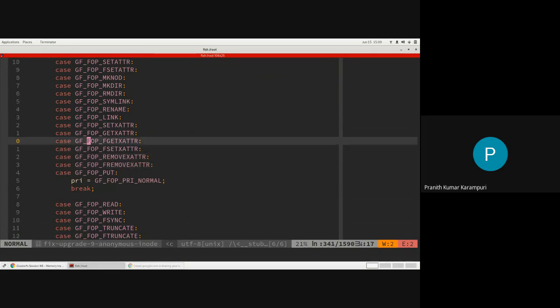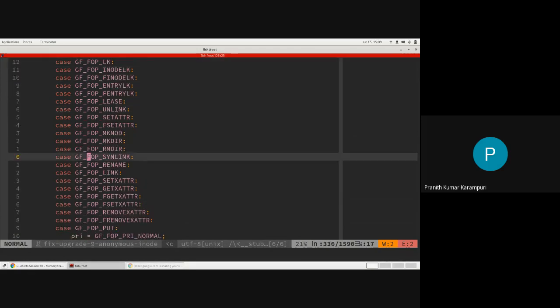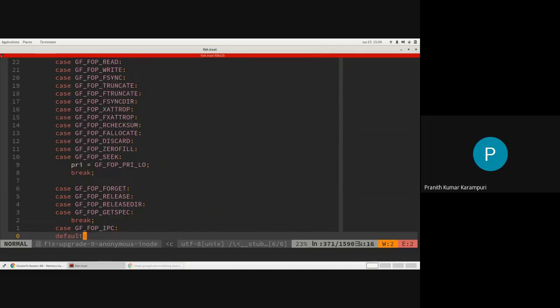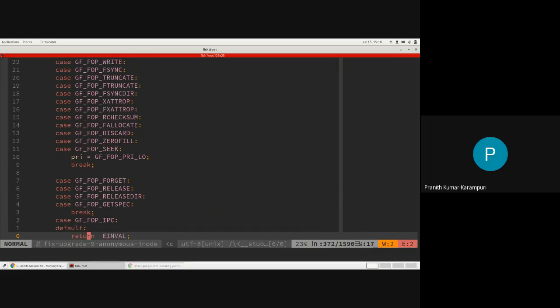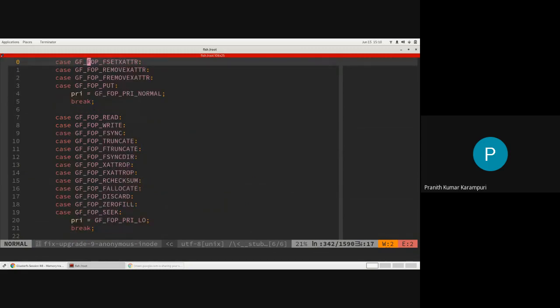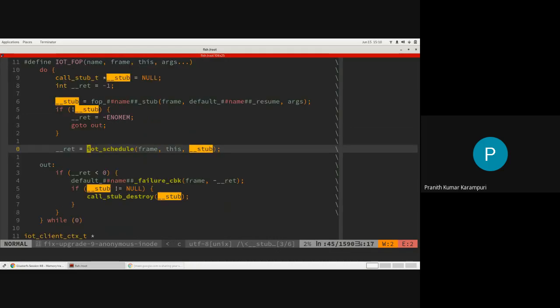So we can actually figure out, given a FOP, what is the priority, and for your workload, if something is not according to your liking, you can change it also, but then you'll have to build your own class of service. But yeah, maybe this can be given as a configuration also, but so far nobody complained about these kinds of things. So this one will give you the priority for your FOP.